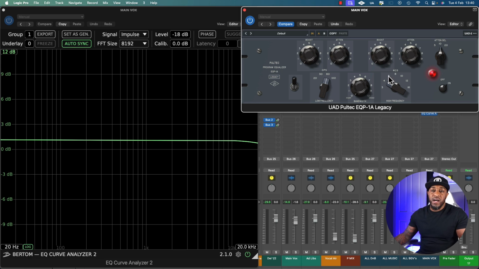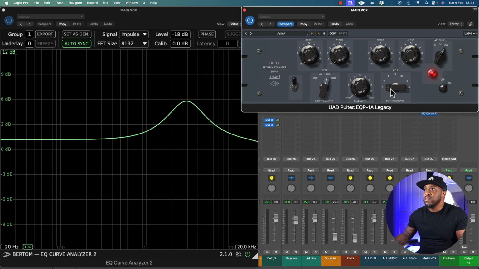So let's boost the high end of this Pultec. So we boost some high end, 3 kilohertz, 4, 5, 8, 10. Then you can see when you use the bandwidth, the shape of the curve, how narrow or sharp it is. And then you've got the attenuation and what that's doing. So you might not necessarily use the EQ curve analyzer at the same time that you're mixing,